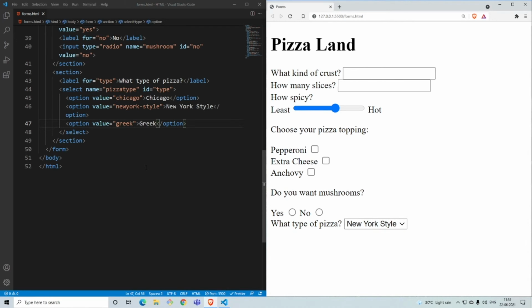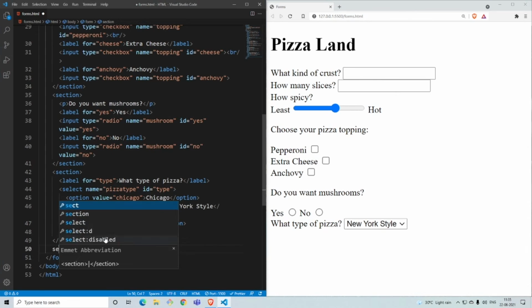But what if you have a list of options, like countries? Let's say you have which country you're from and the country list is given. So you'll have to go all the way down if you're from, let's say, Ukraine. You'll have to go all the way to U and then find it if it's given in alphabetical order. But let's say we give the user this option where they type in, and then at the bottom the ones which are closer to it show up, like they type U and all the countries with U show below, so they can have a filter kind of option while they type. So that's what you're going to look at next.